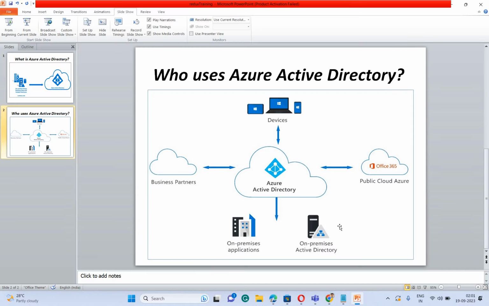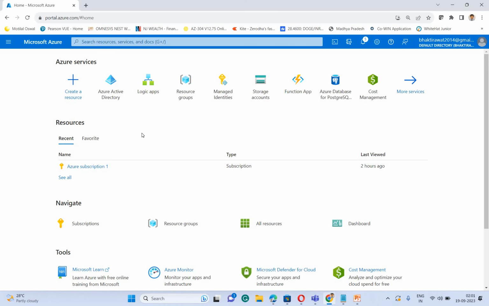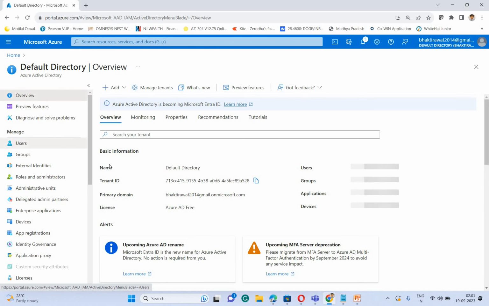Now next we can see the portal. So let us go to the Azure portal. Here you can see this is the option, Azure Active Directory. When you click on Azure Active Directory, then this is